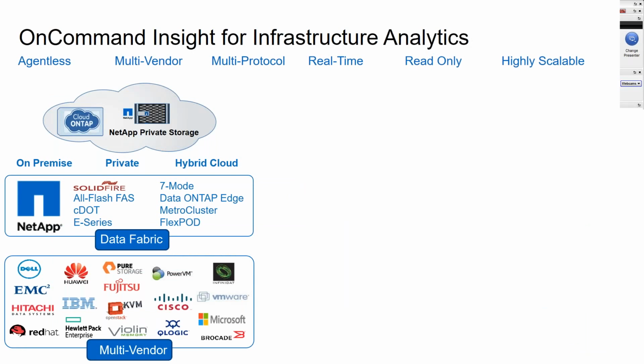So we introduced something like OnCommand Insight for infrastructure analytics. OnCommand Insight is an agentless, read-only, out-of-band infrastructure analytics tool. It's very scalable. It's multi-protocol and multi-vendor as well. So if you look here on the left, under multi-vendor, we've had a lot of success, not only on the NetApp front, with the data fabric supporting our ONTAP platforms, E-Series, SolidFire, even Cloud ONTAP, but we also support a lot of heterogeneous multi-vendor solutions that are out there, whether we're talking the storage stack, EMC, Hitachi, HP, IBM, Pure, a lot of different